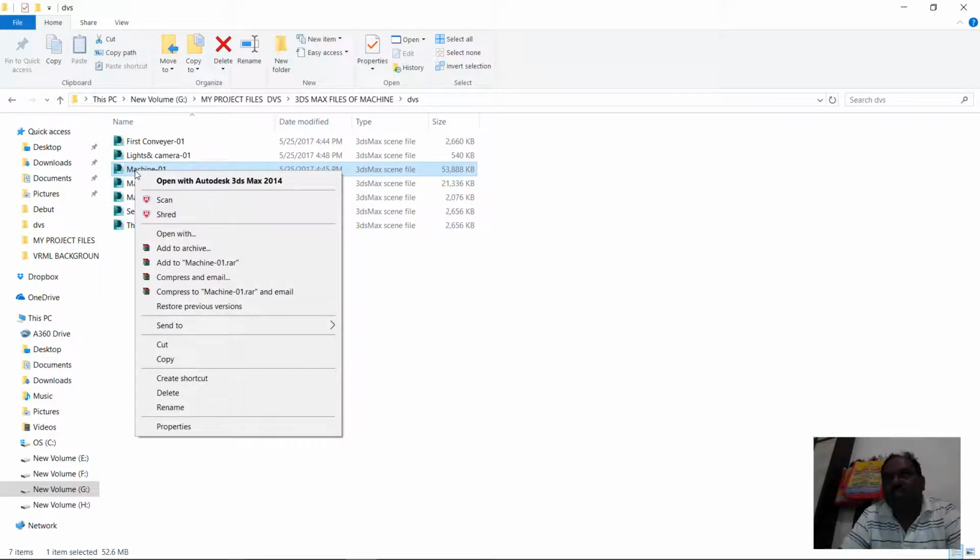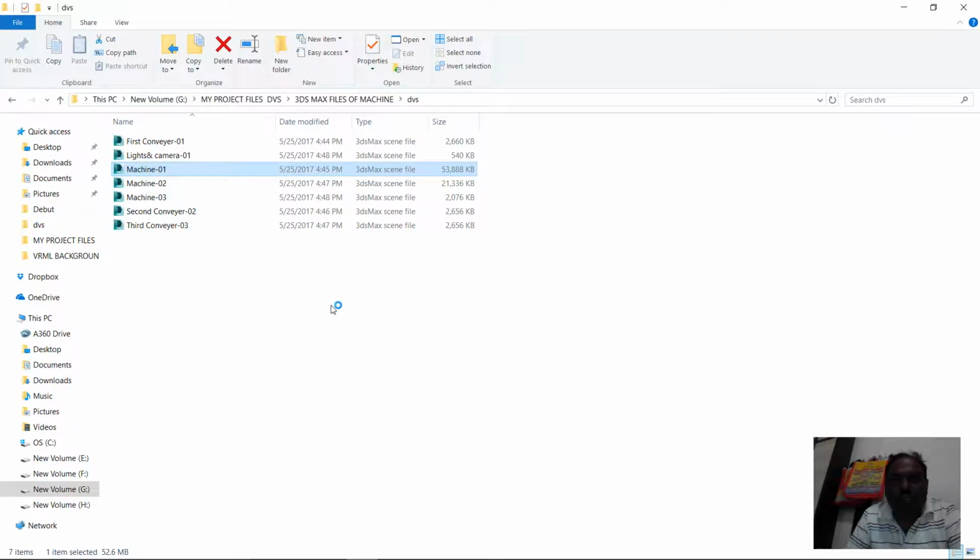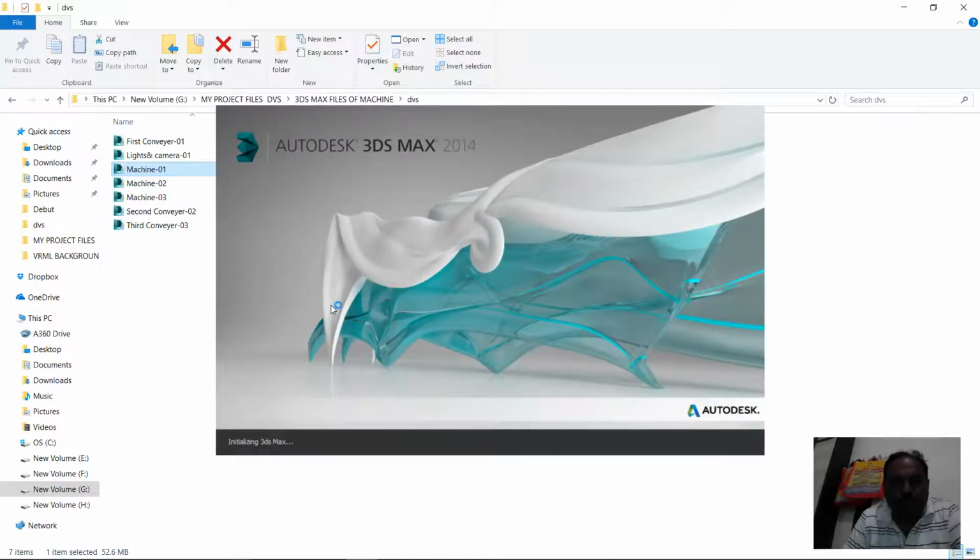This machine 1 is a grader machine, and I have imported this grader machine from AutoCAD. I initially created this grader machine in AutoCAD, then imported it into 3D Max Studio. I have given the required motion to the grader machine, and now I am exporting this machine to VRML. So after exporting,